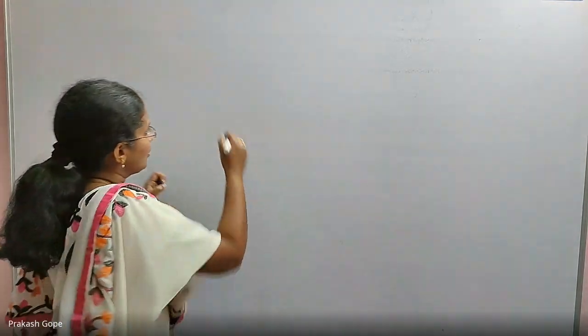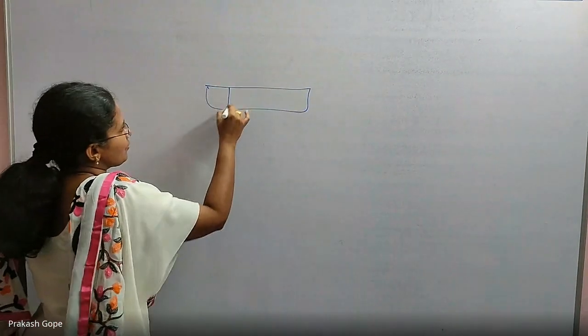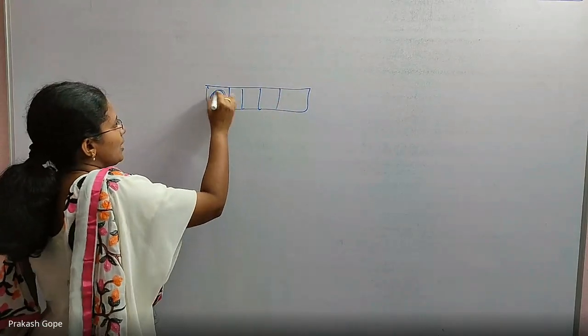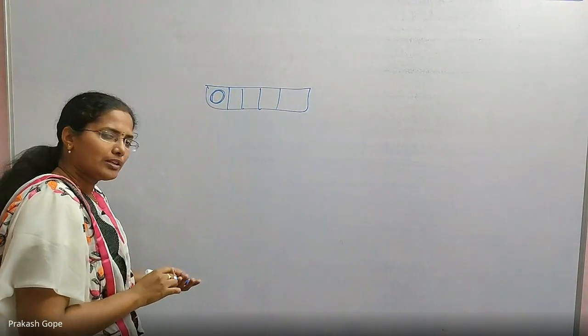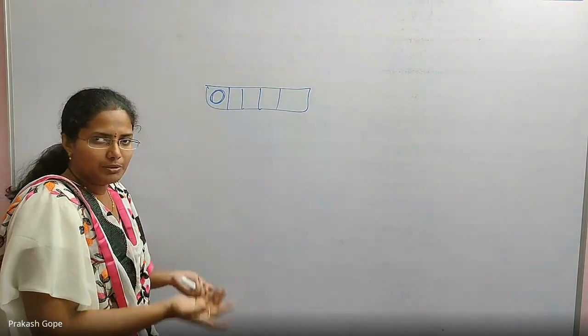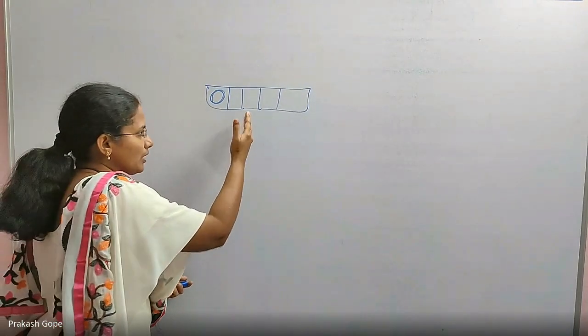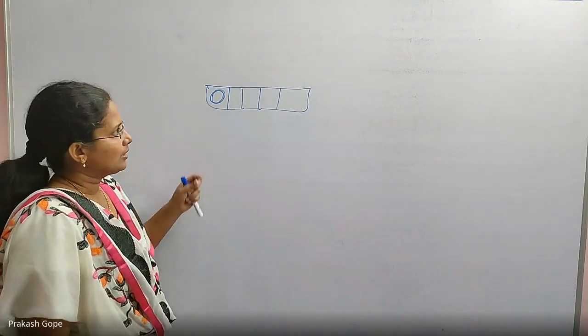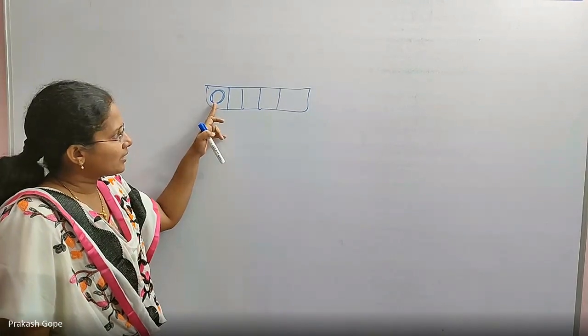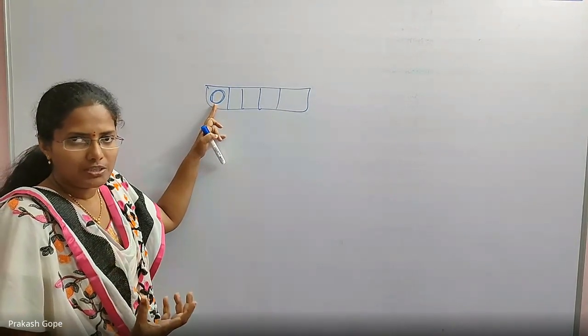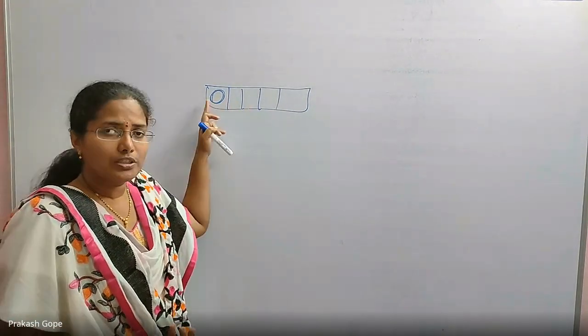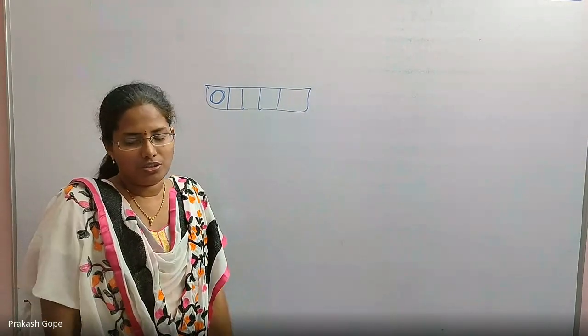Till now, what we have seen is the first element as a pivot element. I have picked up the first element as a pivot. If it sits in the extreme, it is leading to worst case. If it goes to the middle, it is leading to best case. See, there is no guarantee. It can sit in the middle also, it can go to the extreme also. So I cannot say anything.